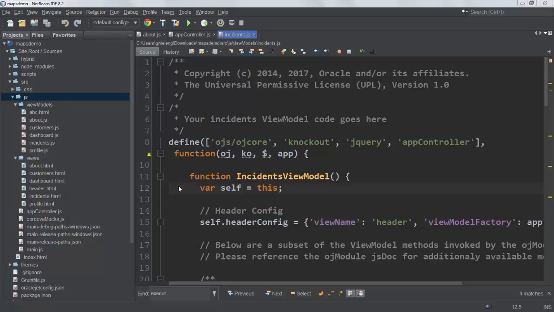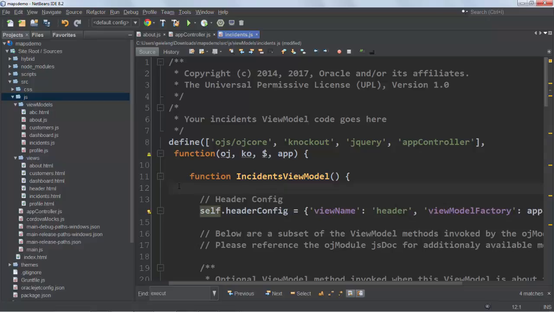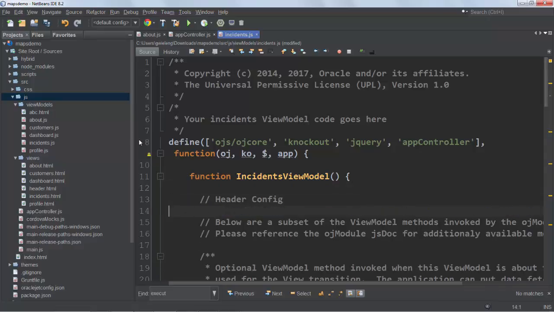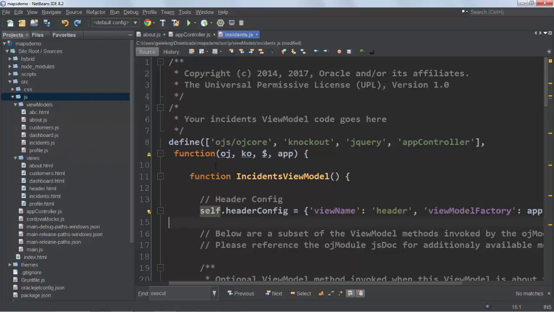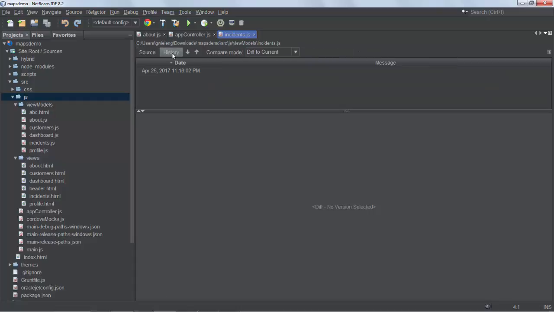A final tip related to this topic is, imagine that we have deleted not a file, but some code within a file. Well, we could, of course, retrieve that by going to Edit and Undo, but another way is to go into the history of this particular document, and you can see here that there is source and history, so we can right-click in here, and you can select Show Editor Toolbar if you don't see source and history. Go in here,